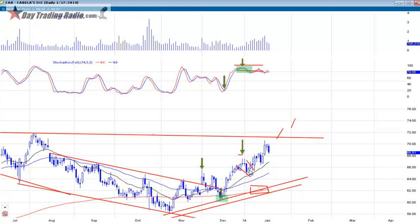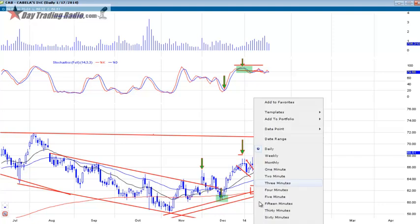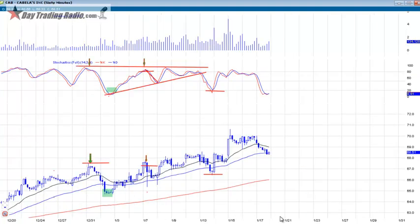Just a little pullback here. I think it was the flag we're looking at. Even looking at this December oversold, the divergence, all these things you get on the HPS thing. But right here, this real fast little pullback